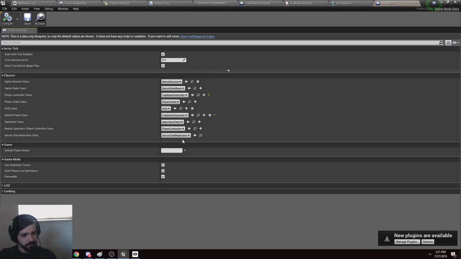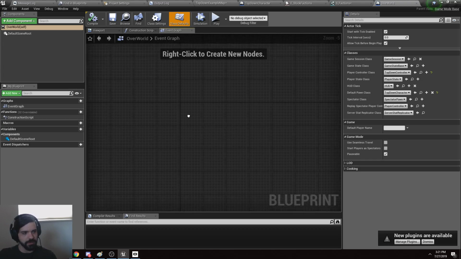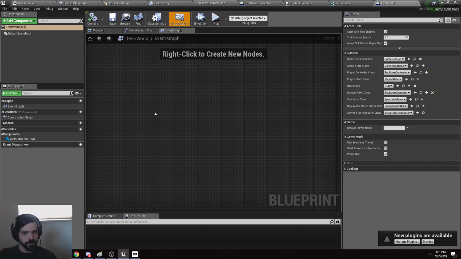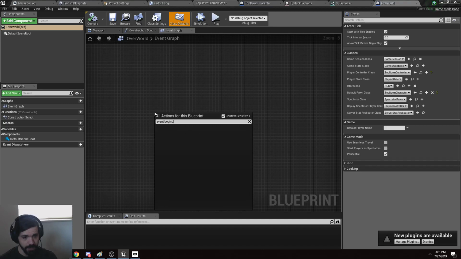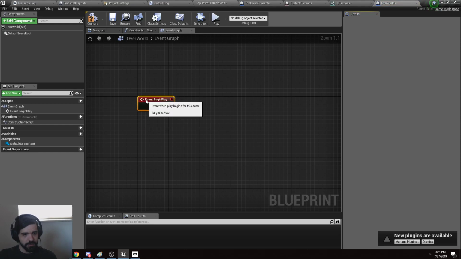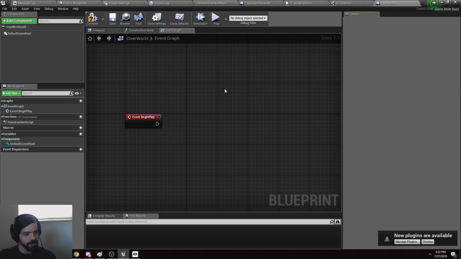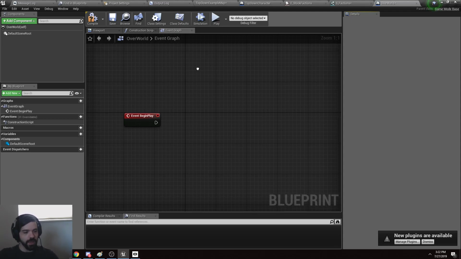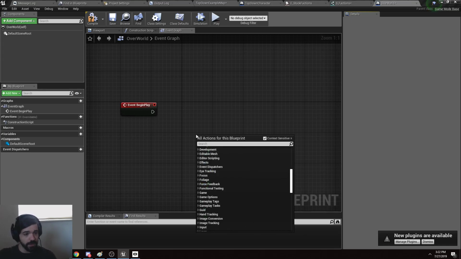We're going to go in here, and we're going to do some very basic stuff. The first thing that we're going to notice is if we go to Event Begin Play, there's nothing happening when the game starts up. This gets called every time that we actually instantiate this. So what we're going to have happen is we're going to spawn factions. So let's spawn, we're going to create a,